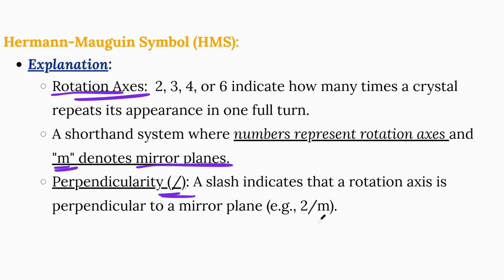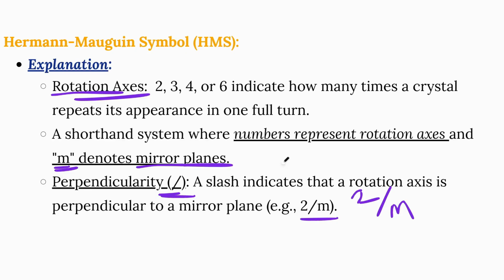If it is perpendicular, then we write the fold of symmetry divided by m, like 2/m, which represents a 2-fold axis with a mirror plane perpendicular to it. So in this way it is very simple to understand the point groups